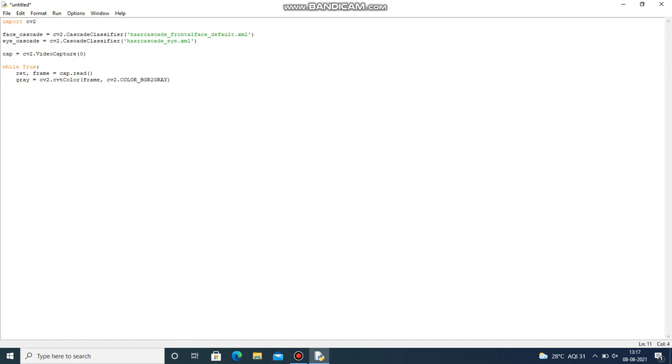From the gray video, it's easier to find the faces as well as the eyes, that's why we are converting it. Let's give faces equals face_cascade.detectMultiScale of gray, 1.3, 5.